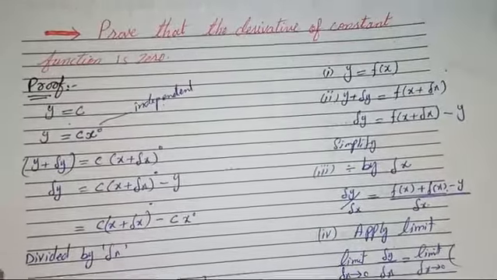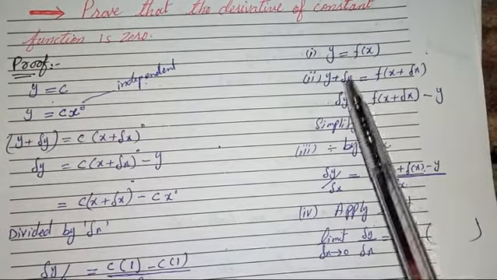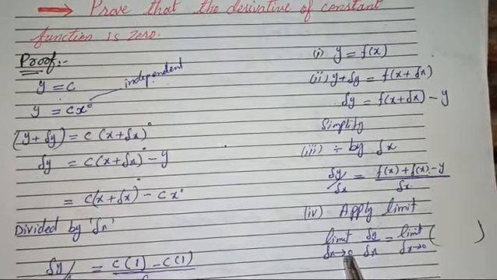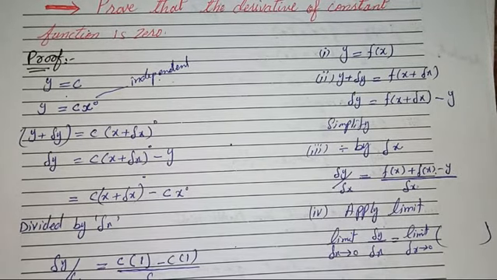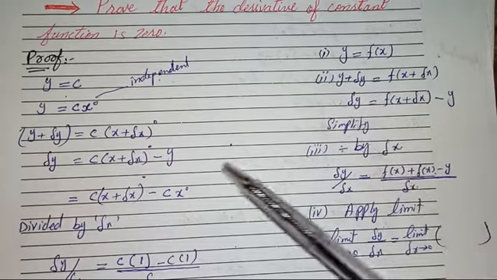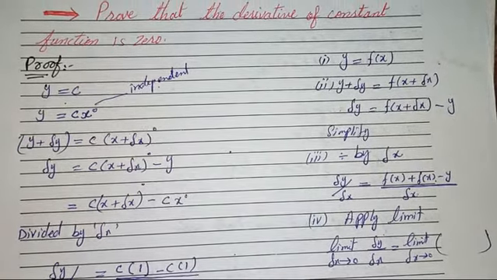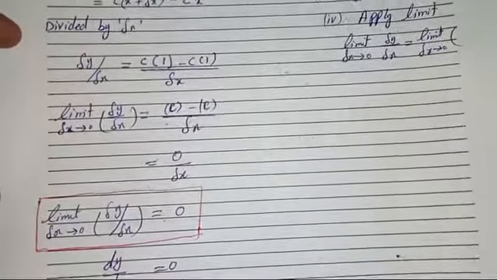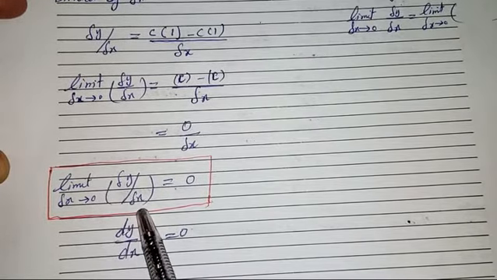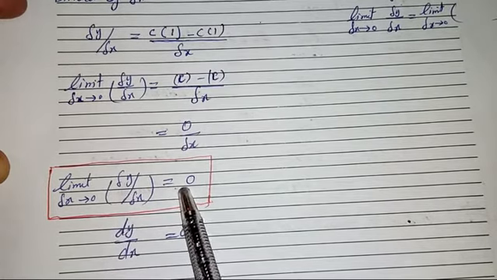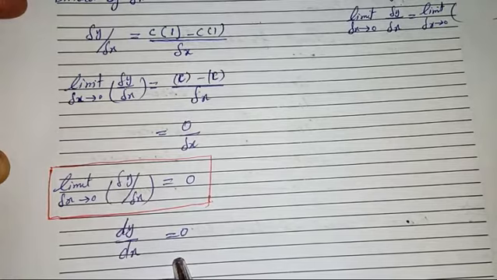Okay, and you know very well these are the steps I have written again here, so that you easily memorize these steps, first, second, third and fourth. So by using these 4 steps, you have proved that derivative of any constant function is 0. That is your final conclusion. Limit delta y over delta x, limit delta x tends to 0 is equal to 0. So simply we can write it as dy over dx is equal to 0.